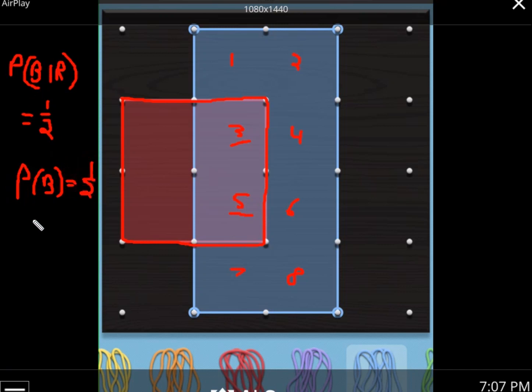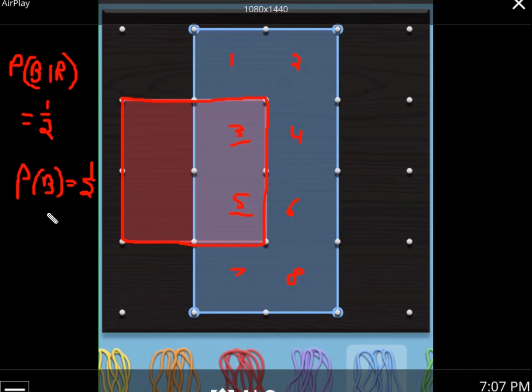All right. So the answer is yes. The way these are drawn, the probability of blue given R is 1/2. The probability of blue is 1/2. So the event of drawing a blue dot, if you pick a dot at random here, given that you've already drawn a red one, is the same as the probability of just picking a blue one. And so